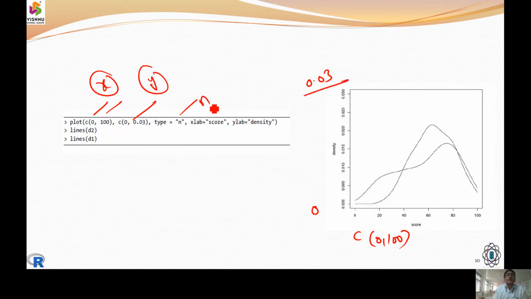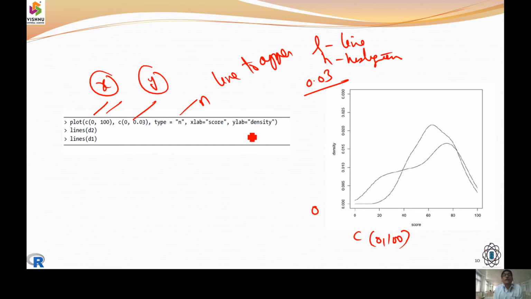Next, type equals n. So how do we want the line to appear? If it is n, then it is a line. If it is h, it is a histogram, etc. Now, the label ylab is called the Y label. So Y label should be called density.